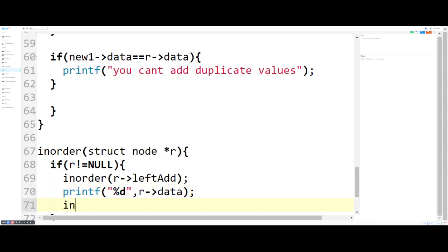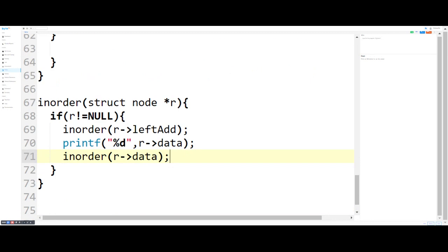Again, we call in order with root of right address. So this is your code for printing the elements in order. Note down this code.